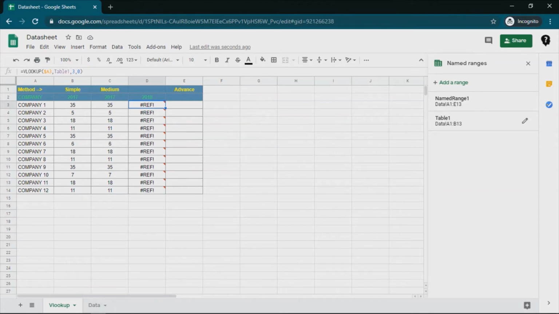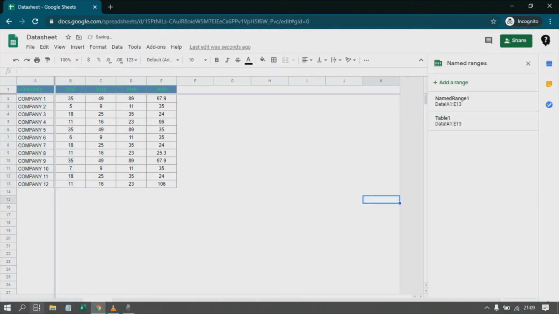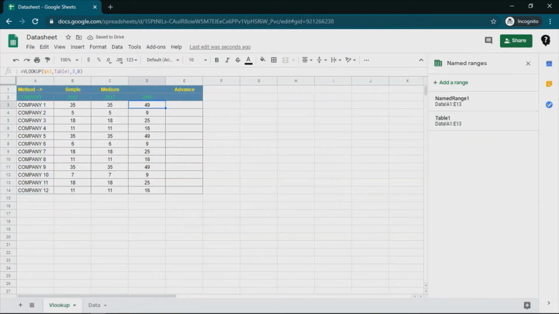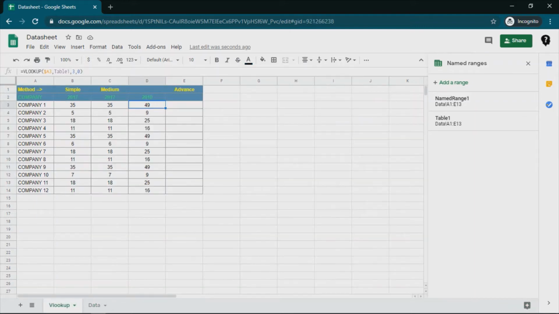In that case it is handy that you just go to the named ranges, and once you modify the range, just like I am doing it, automatically all your data will get updated simultaneously for all the places where you have applied the formula. Earlier there was a reference error, now it has automatically picked up the values. So even if your data gets extended, for example here, say 2021, and you just apply the named ranges, all your VLOOKUP formula will get updated.